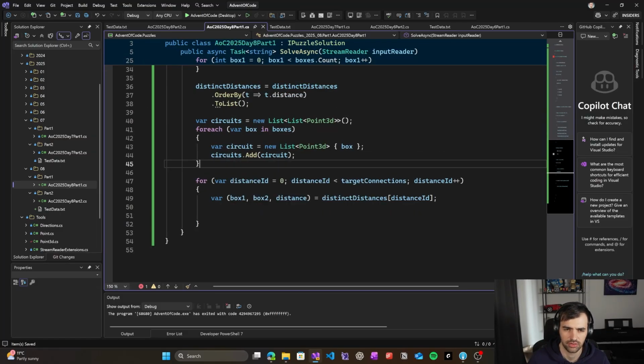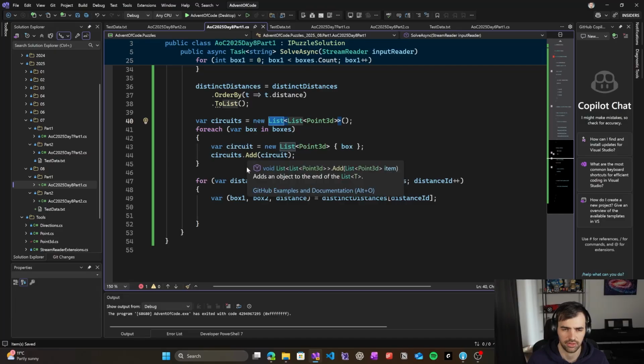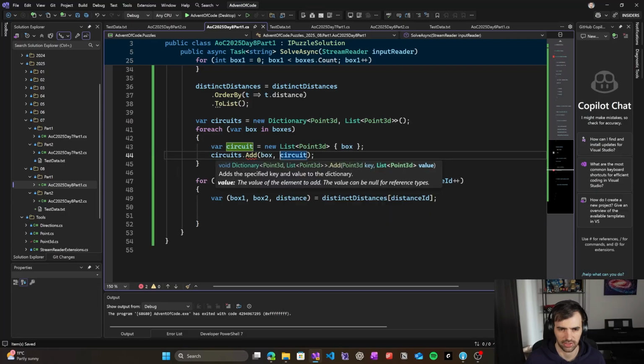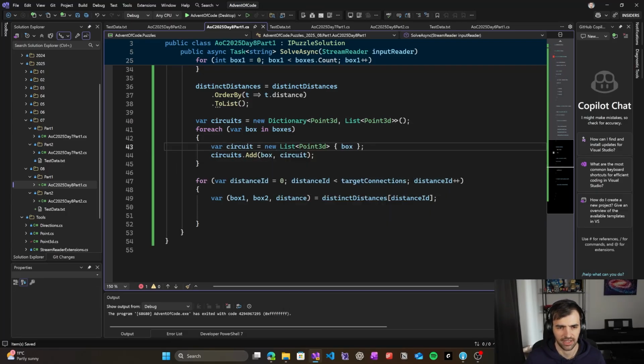So actually we should have a dictionary of 3D points, like a mapping each box to its circuit. So we will match it like this. We'll have a box and it's connected to its own circuit. And now when we connect those two, we'll have